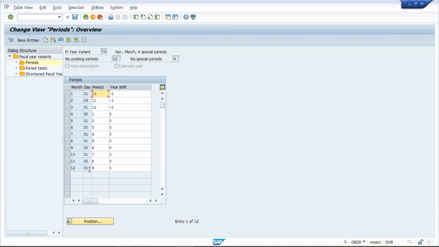Now, what is this period? So I'll let you know, guys. Since we are following April to March, our first period is April. See here, in front of April we have given first. In the sense, the system will treat this fourth month as the first month for your organization. That is why here it has given one. April is the first month,